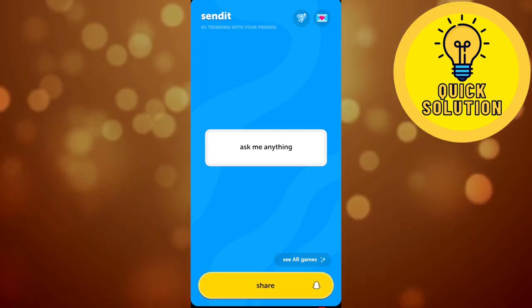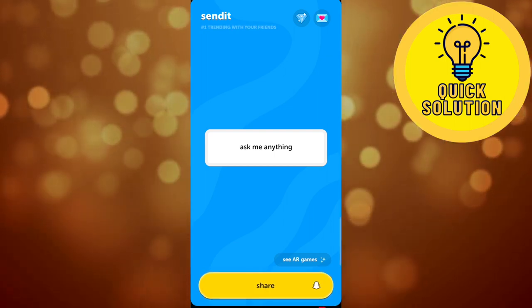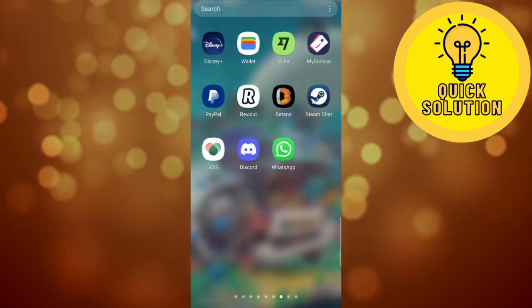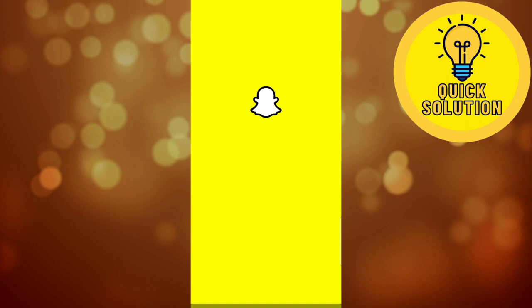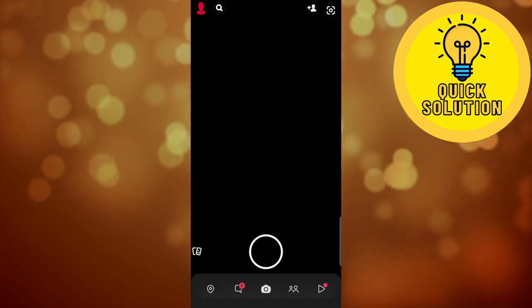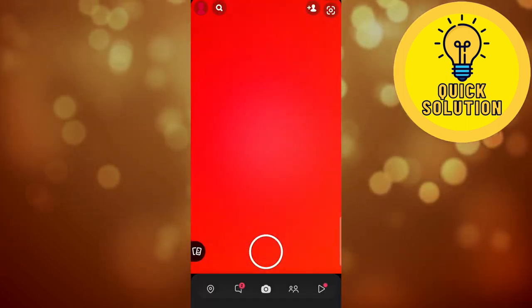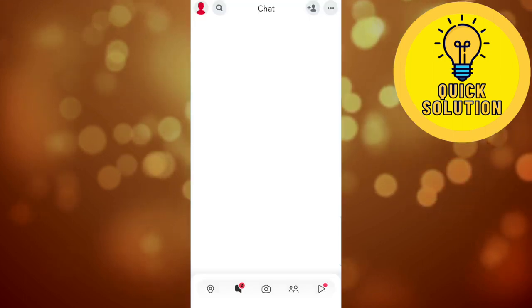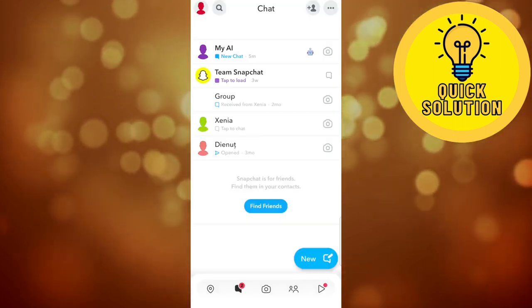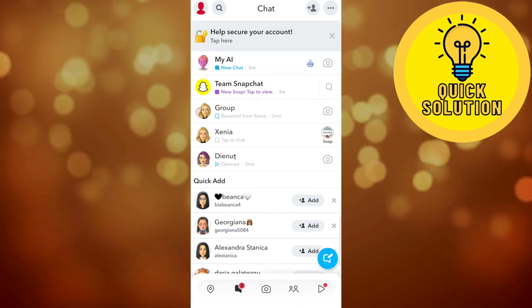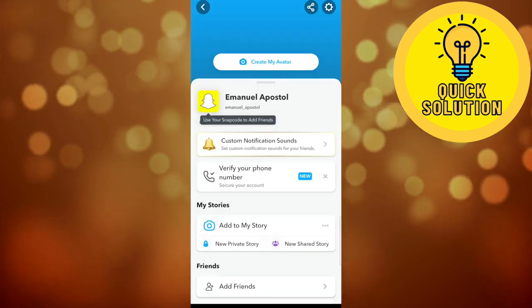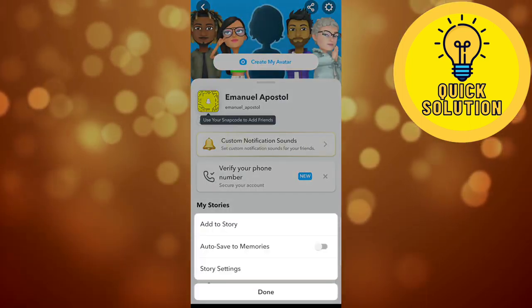So if you go to the Snapchat and you post a story, so let's open the Snapchat app right here real quick, and right here on the Snapchat application you can post a story, and after you post that story you'll have the option to see who viewed your story. So the first person that appears right here on your story section, where it says who viewed your story,